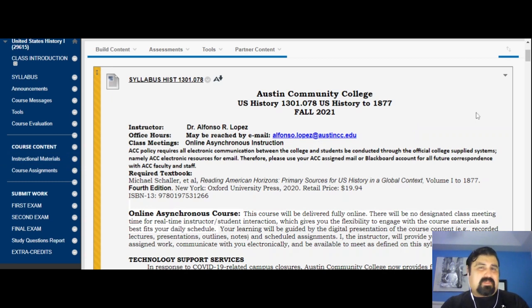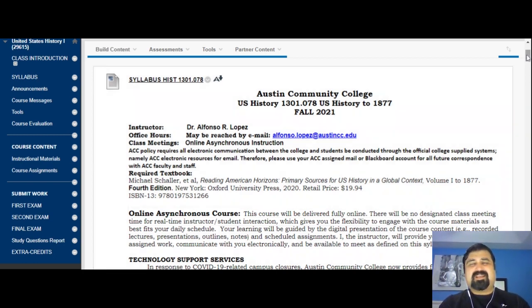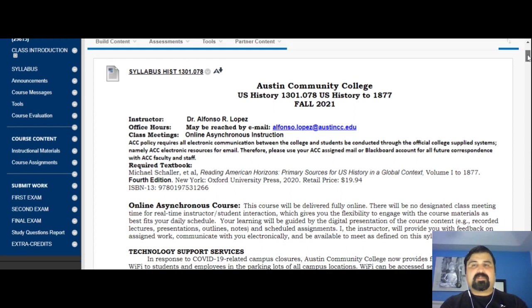If you want to print it or keep it handy, save it again in your computer, that's fine, but it's on Blackboard. Anyways, so let's go over the syllabus